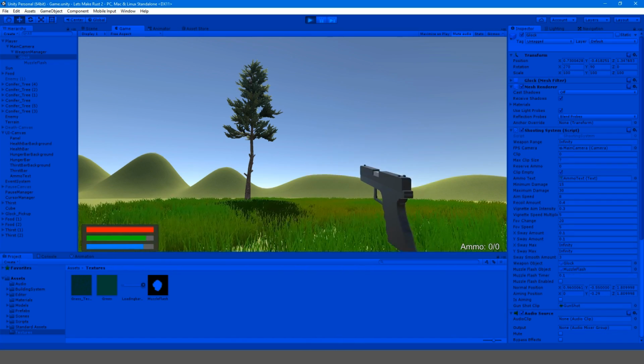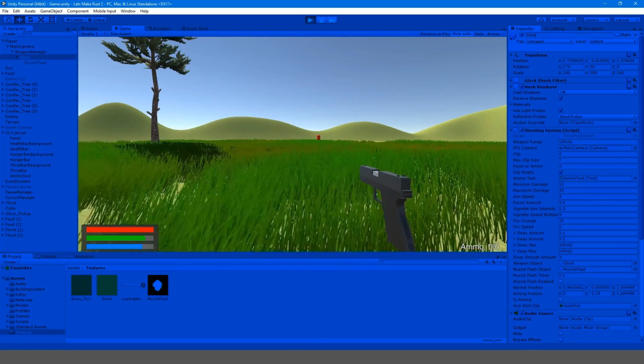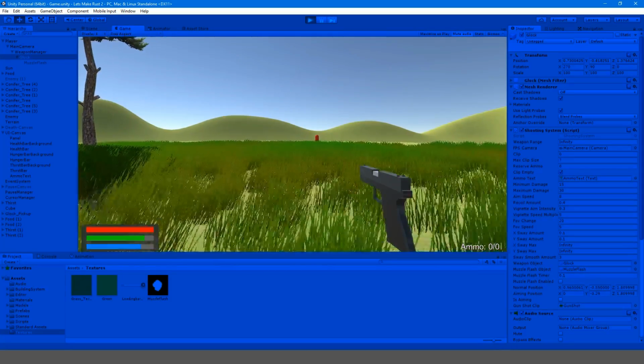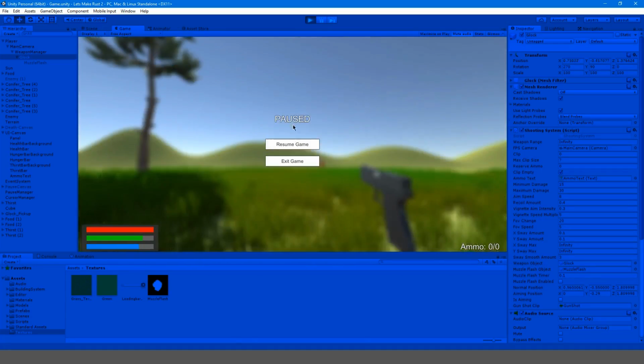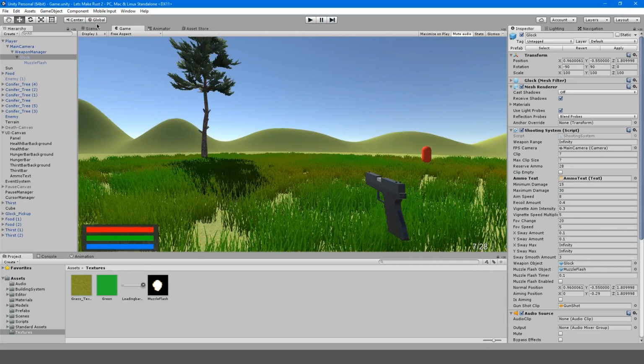Okay, cool. So that works, and I think that's going to be it for this episode. So we got a muzzle flash working, and